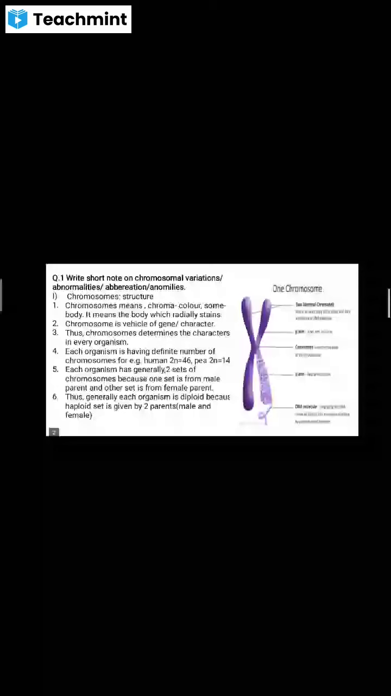For example, in human, the chromosome number is 2n equal to 46. 2n is the diploid stage. In case of the pea, it is 2n equal to